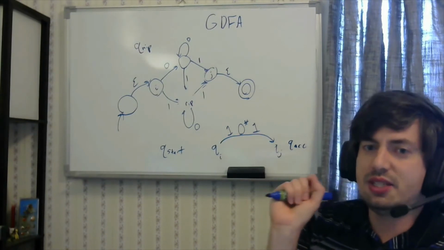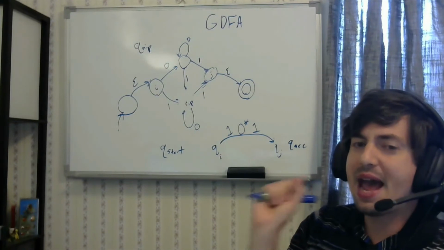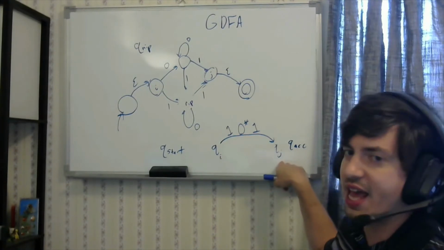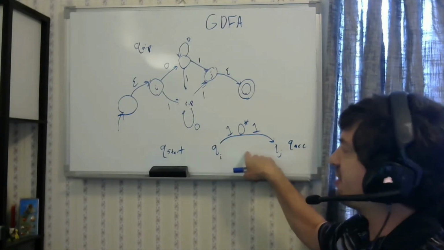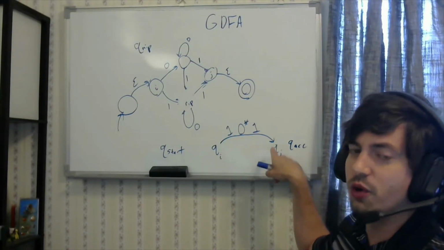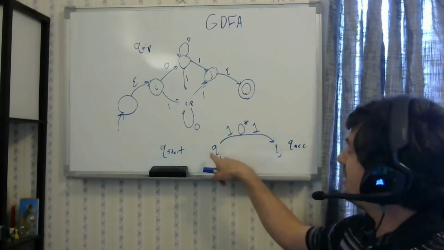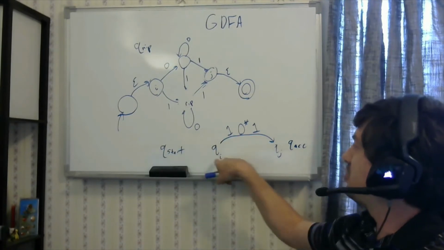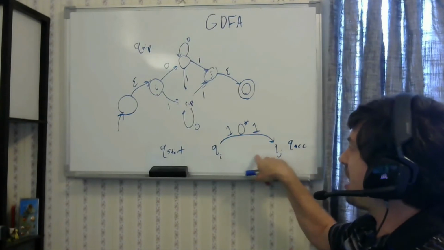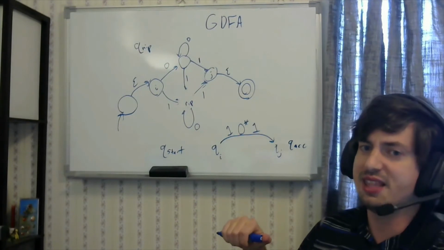So this is what we need to do in order to replace the path and have a direct path from QI to QJ if there were some number of copies of that path in between the two, in order to make sure that an equivalent input that would have gotten us through a path from the start to QI, which was the state before we got into QRIP, some number of copies of QRIP, then state J, and eventually the accept state at the end.